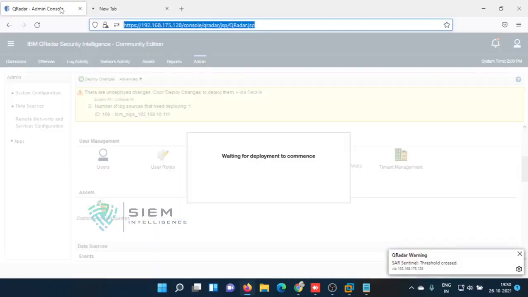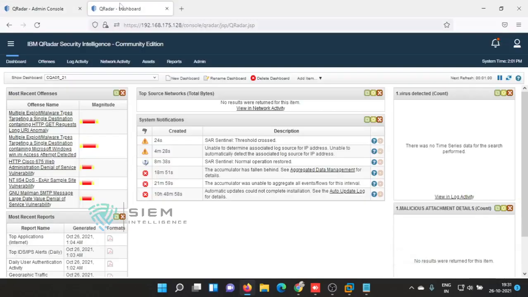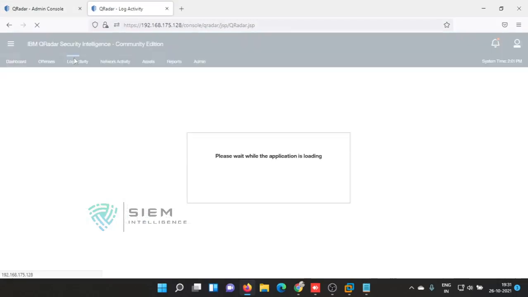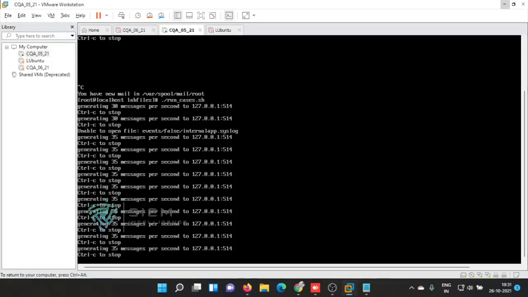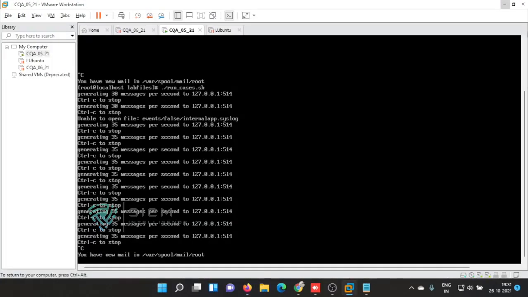I'll see how much time it will take. Generally, it will take only 1 to 2 minutes from our organization's point of view. Why? Because you people are having high processor and RAM and all, so you don't worry about those things. So now what I will do, I'll run the same thing again.